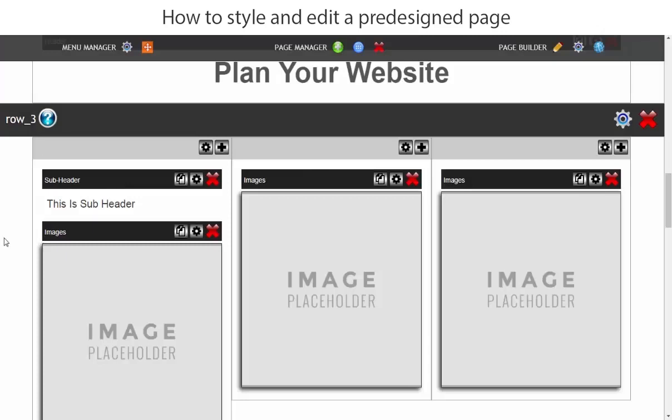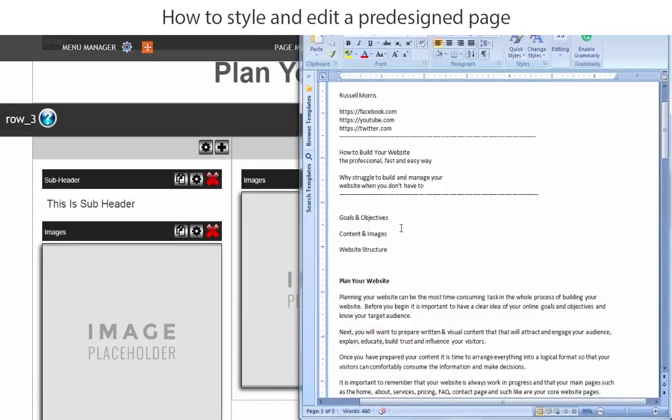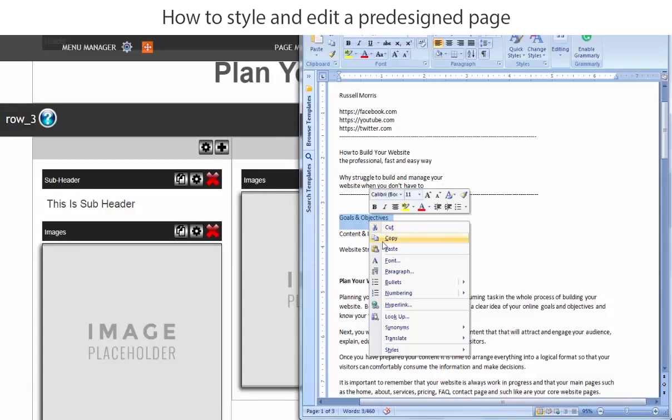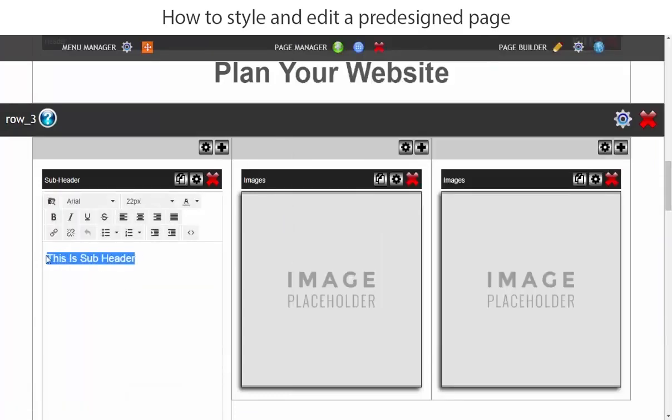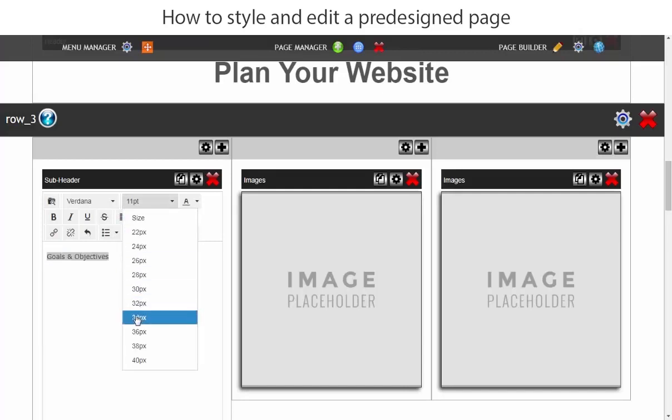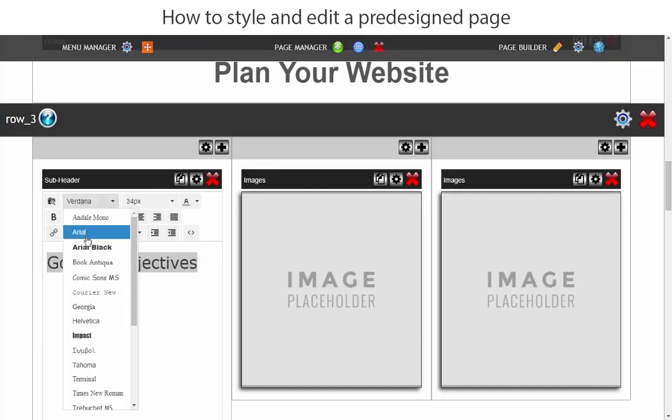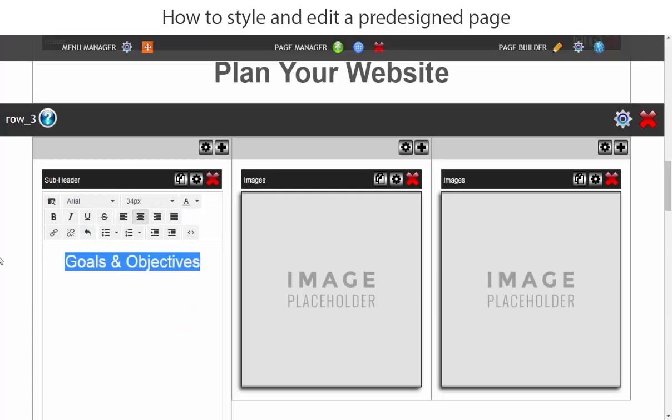So now let's get the text that we want to add to the header. So we'll go to the Word document and we want to add goals and objectives to the first one. So we'll copy this and we will click in the area that we want to put it, and we will go Control and B, and then it goes. Now what we'll actually do is change this to 34 pixels. It's about the right size, and we will change it to Arial and we'll make it central,